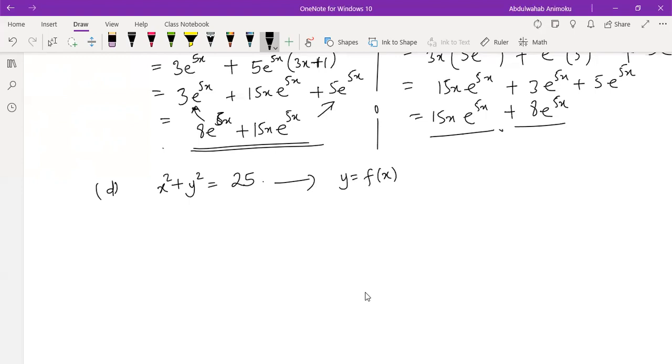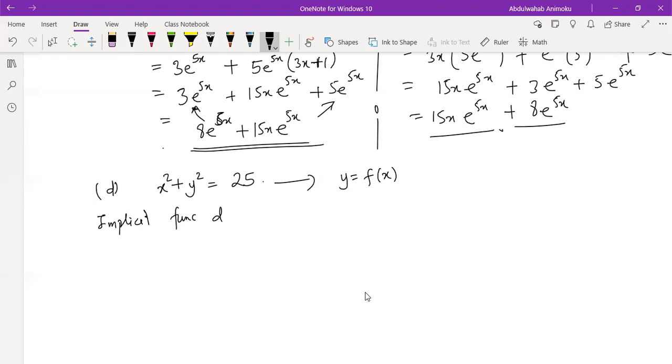Now, how do we solve this problem? I can solve this problem directly using the implicit function way, or there's another way, which is I'll first of all make y the subject of the formula in an explicit form, and then I'll use this explicit function to find the derivative of y with respect to x. So let's look at both ways. Now, using the implicit method,